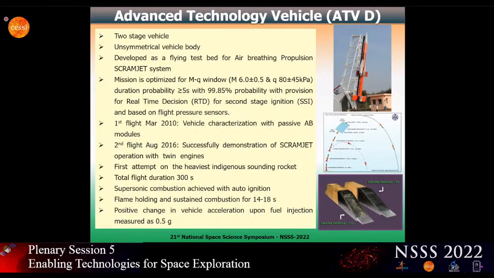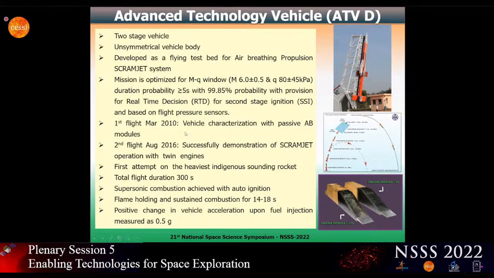The advanced technology vehicle, as I told earlier, is a 2-stage vehicle which has been developed as a flying testbed for demonstrating the air-breathing propulsion scramjet system. We had 2 flights. It is a new development. It's an unsymmetrical body, that is, you see here the 2 air-breathing engines on either side, and hence the fins had also to be made unsymmetrical. With that, we had